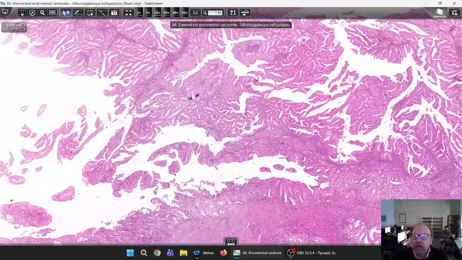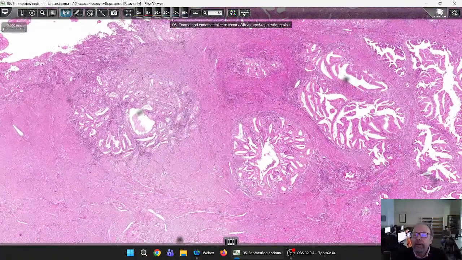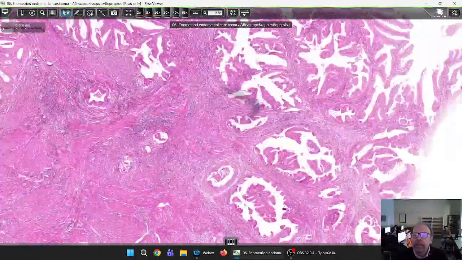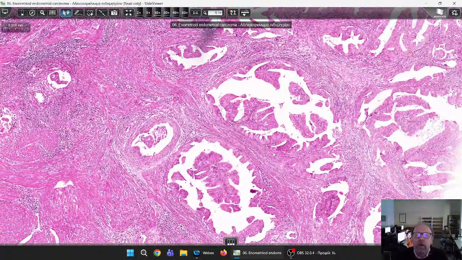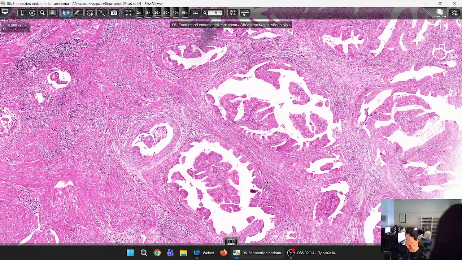However, look here. Now, how can you tell? That's what I told you before. You see here the myometrium, see the bundles of the myometrium, and you see these glands. The glands are atypical. What will rule out the diagnosis of an atypical hyperplasia